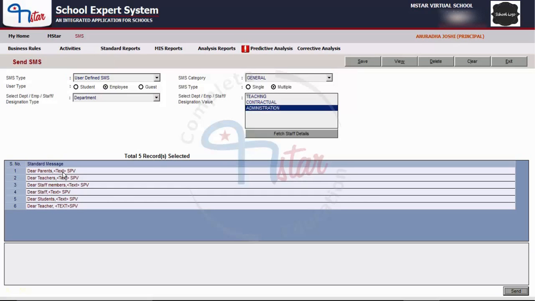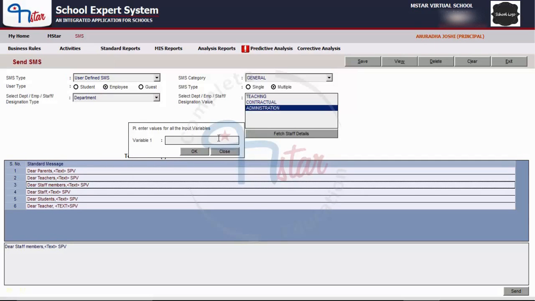To enter the SMS, click on the SMS that needs to be sent to the selected staff. For that, double click on the SMS row and a small window opens in which we have to enter the text value for the SMS. So enter the text value. More than 500 characters are allowed in this field, and both text and numbers can be entered along with some special characters, though the special characters such as the ampersand sign, the question mark, slash and backslash should be avoided.